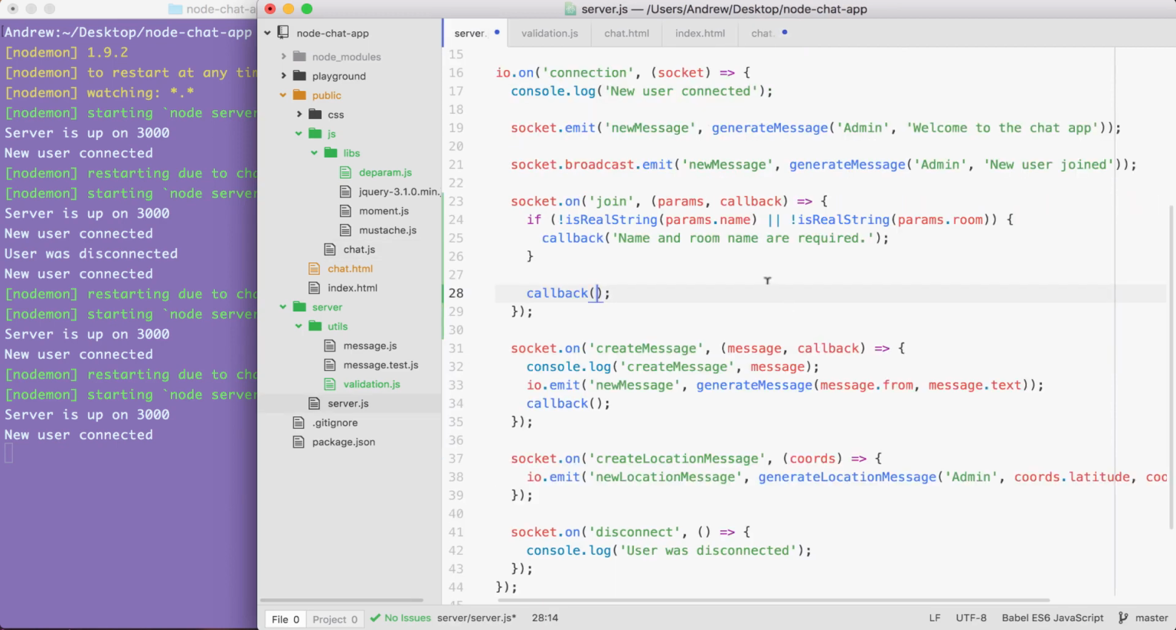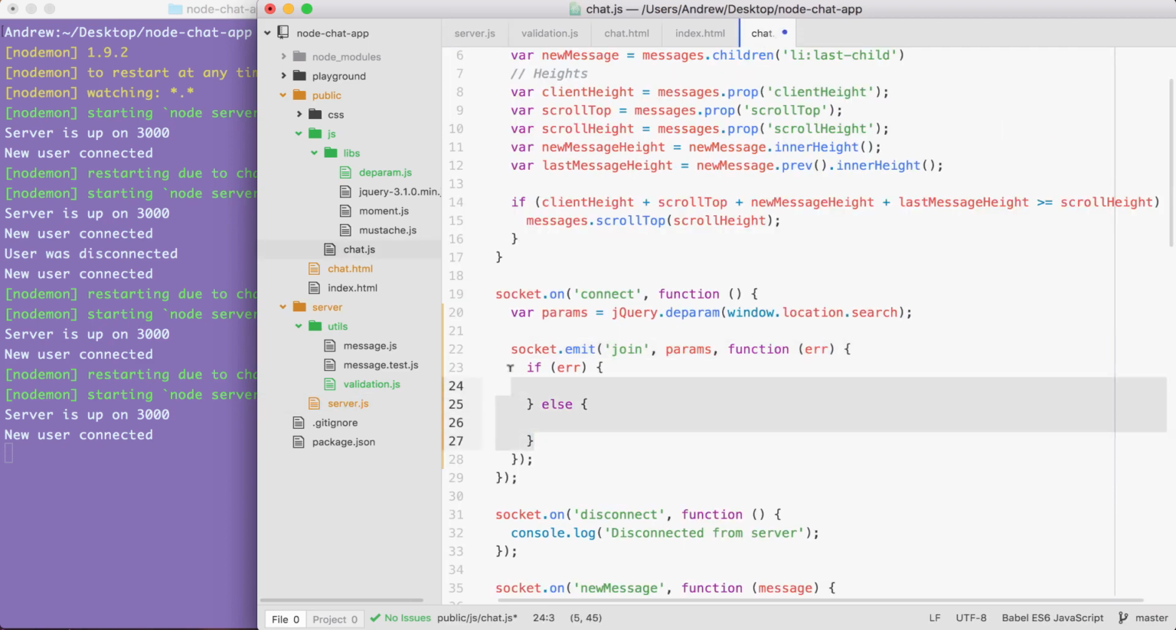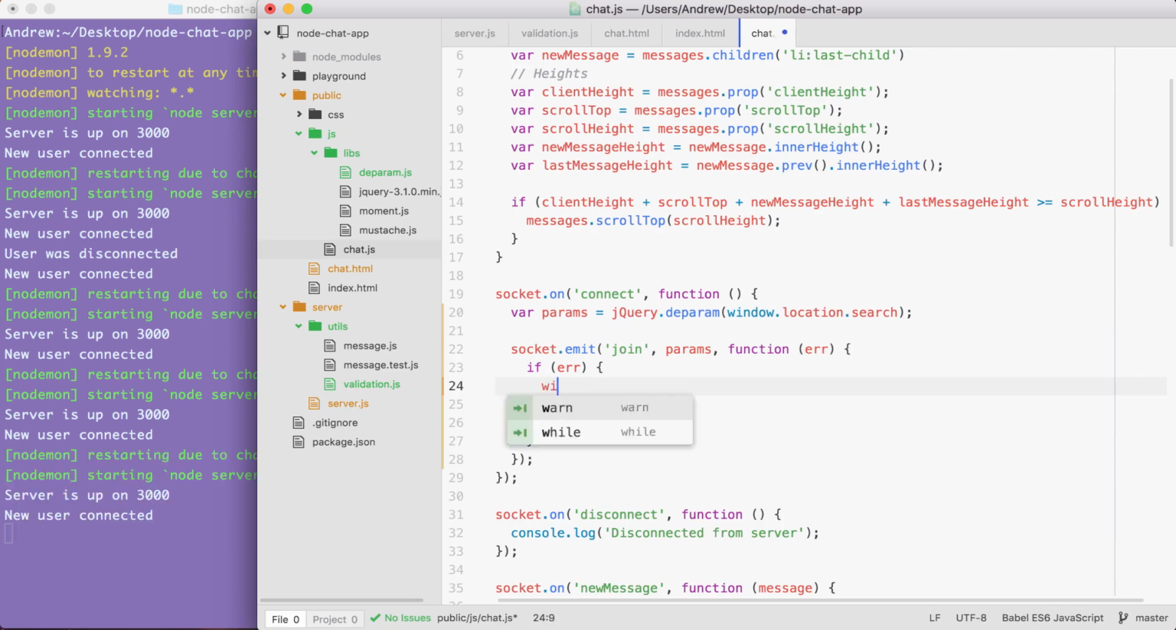Over inside of server.js, we now have some pretty basic validation set up. And before we actually do anything in here, which is going to be in the upcoming videos, all we're going to do is add a few cases right here. If it is an error, that's a pretty big problem. And we're going to want to send the user back to the root of the application by changing one of the properties under location,